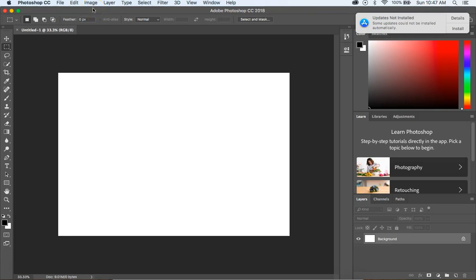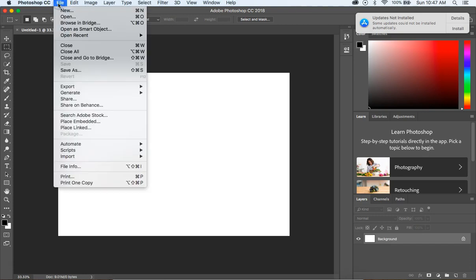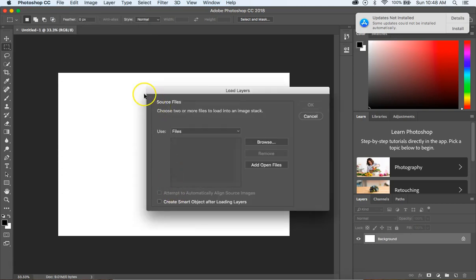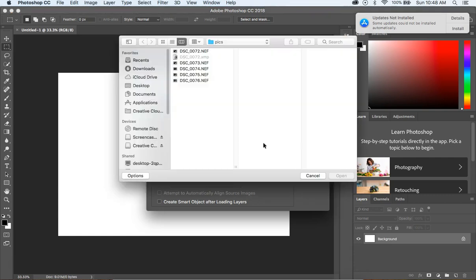Hi, this is a quick tutorial on how to import multiple photos in one layer window. So first you have to go to File and then scroll down to Scripts, and then from Scripts you scroll down to Load Files into Stack, and then this window will open, and click Browse and select the folder that